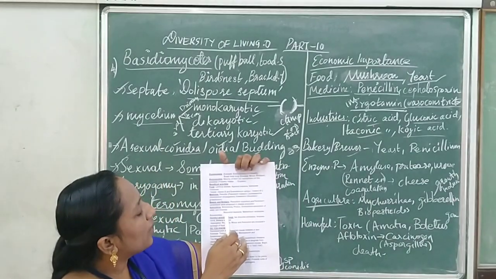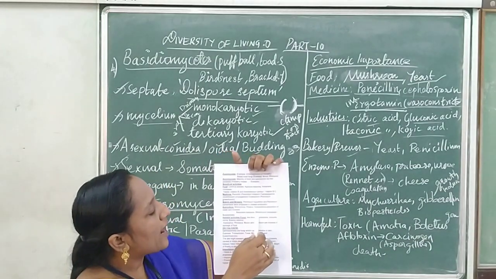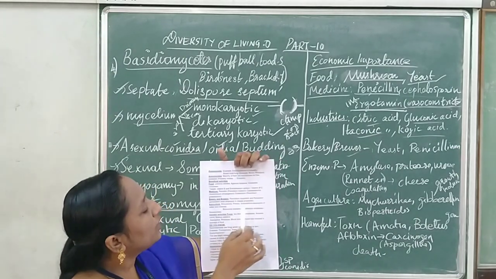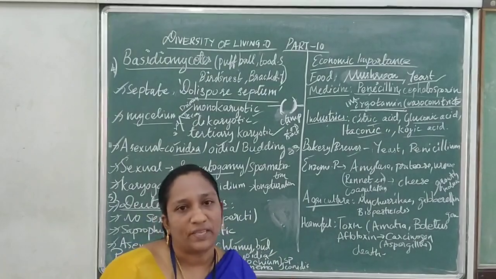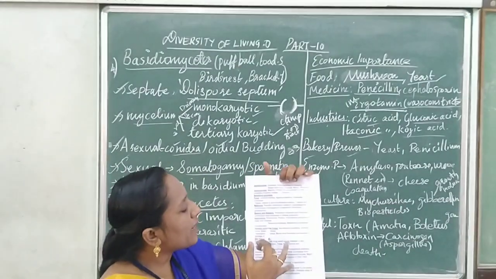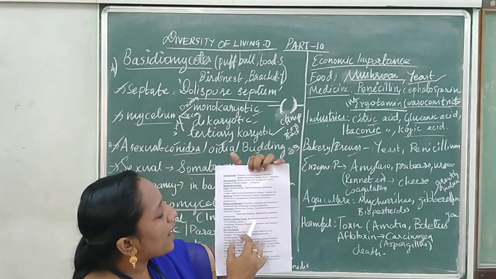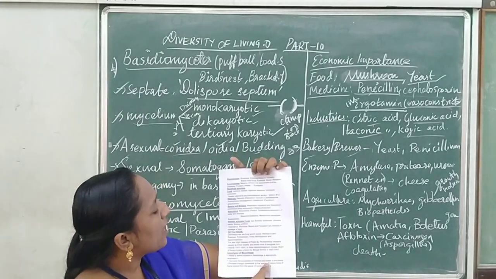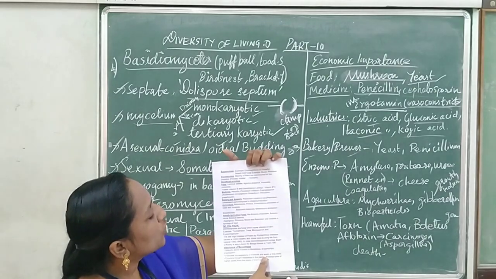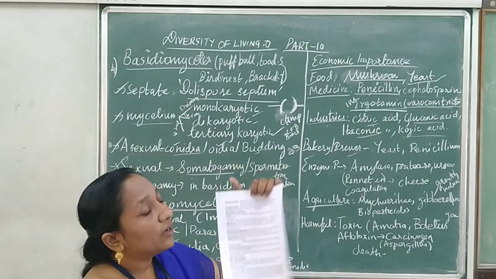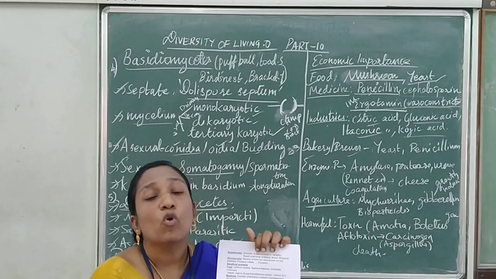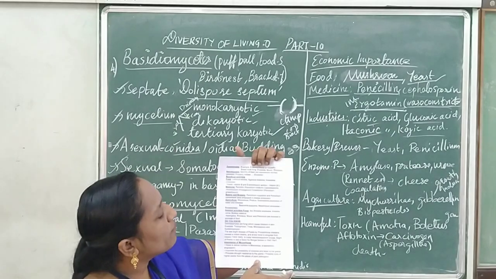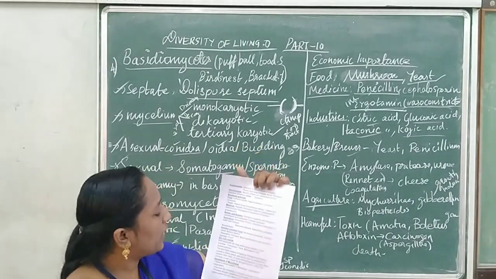And next one, Beauveria bassiana and Metarhizium anisopliae. These two varieties are used as biopesticides. And for harmful effects, I already mentioned Amanita phalloides, Amanita verna and Boletus satanas. These are all species which give more toxins. Okay, and next one, Aspergillus, Rhizopus, Mucor and Penicillium are also involved in